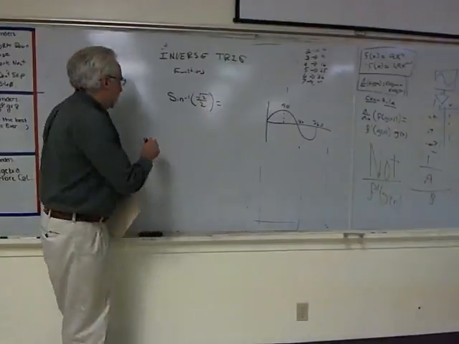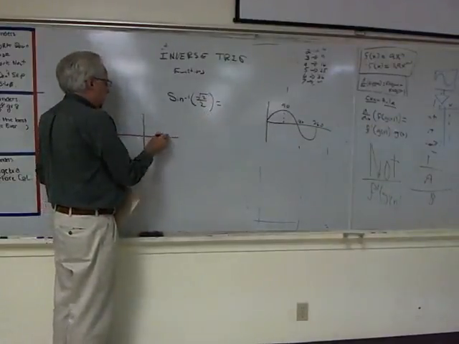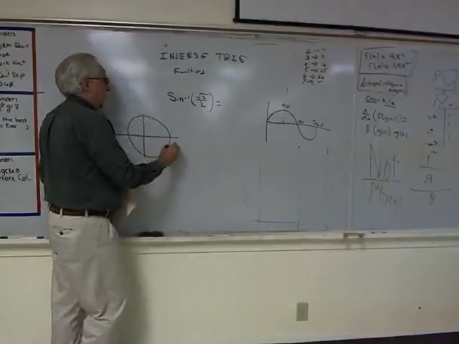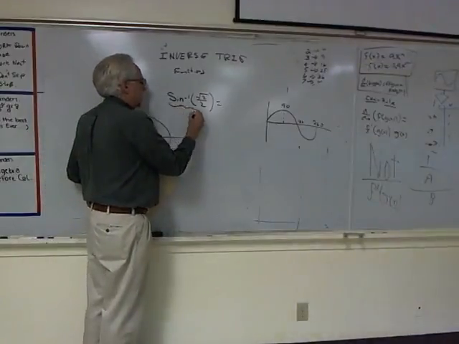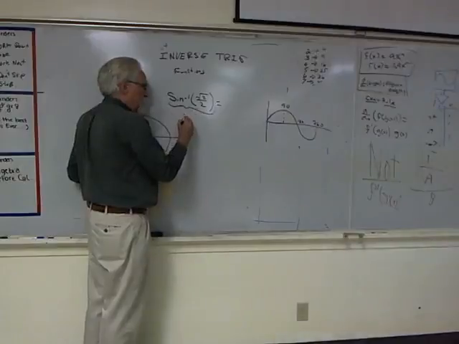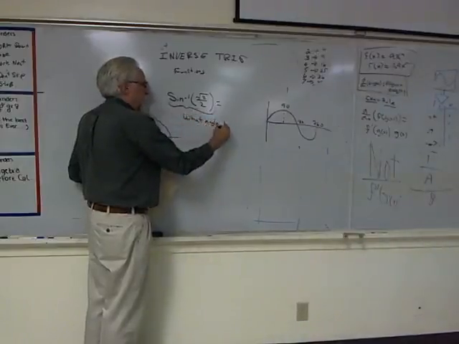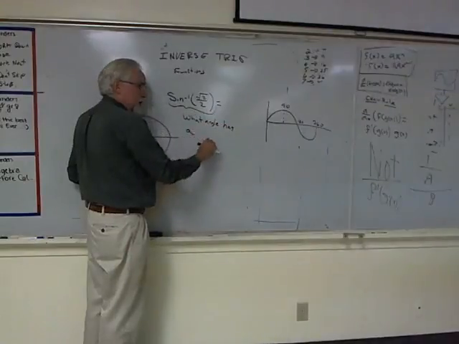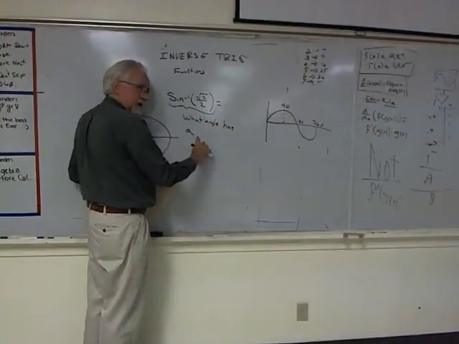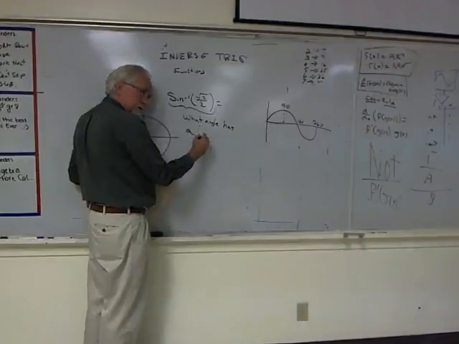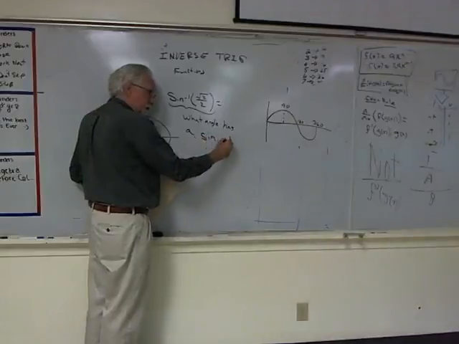Sine inverse of 1 is what, Anthony? 90. Okay. Now how do we know that? This is 360. This is 180. This is 90. Okay. So tell me what sine inverse does, Austin. How would you describe sine inverse? It undoes the sine. Okay. Another way to do this is if I say